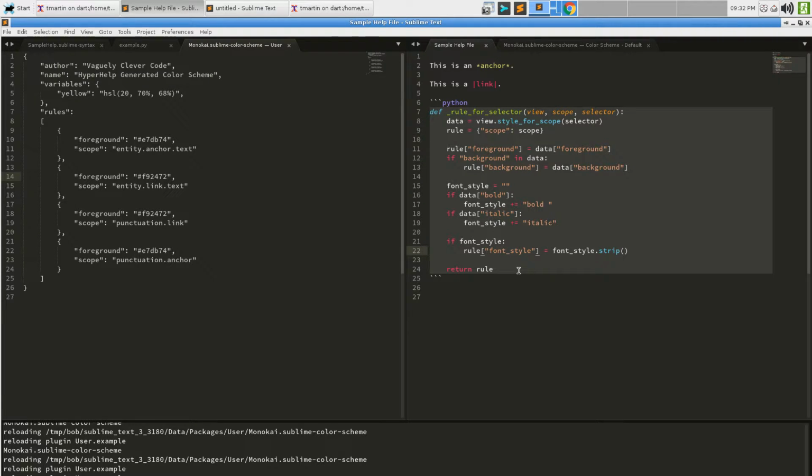Orangey, browny, peachy. I want to eat a peach now, I know that. But my anchor color didn't change as a result of that because it's color hex and it's not one of those variables. So that is, one could say, an unfortunate turn of events. If I was a person that was modifying the scheme, I might expect if I change the value of the yellow variable, then everything that's yellow changes to the new color, but it didn't.